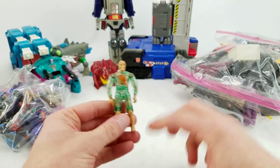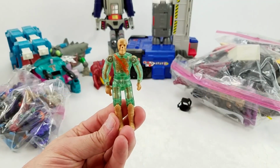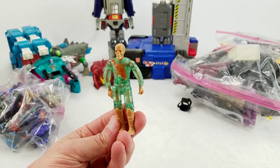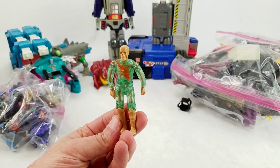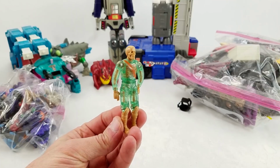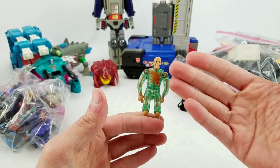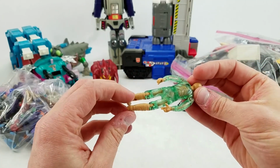These figures are just ridiculous. And to the best of my knowledge, I believe it was a Walmart exclusive line of versus motocross bikers. I think it's called Rivals. Or Wicked Rivals, that's what it is. And there's always like a human guy and then like a zombie or a skeleton skull guy. This one, the theme was